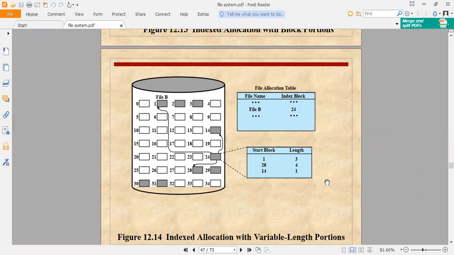So these tables hold a file name and index block, and apart from that, the second level holds the information related to the start block and the length. So again, we need additional space for maintaining all this information, which is actually increasing the complexity.